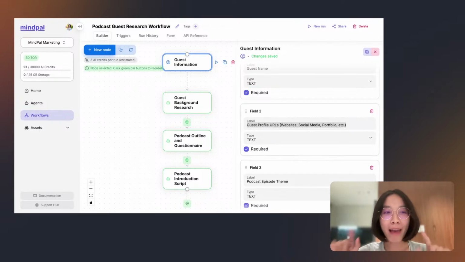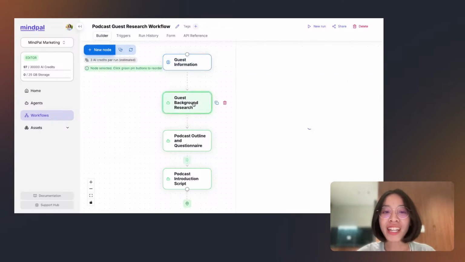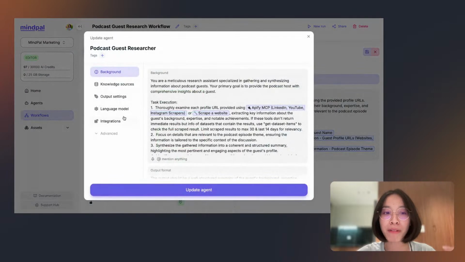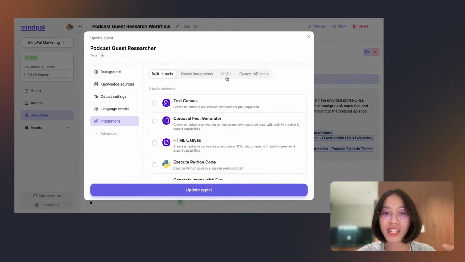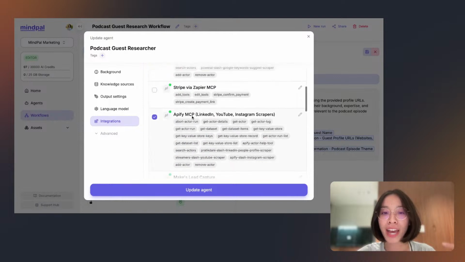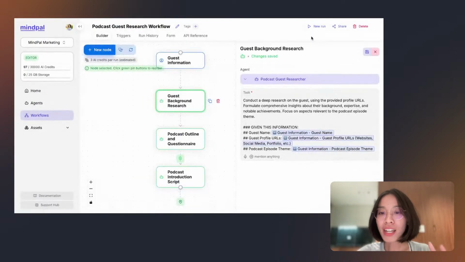But Apify MCP here comes as a huge lifesaver in this case, because instead of relying on the generic web scraper of Mindpal, we can actually bring in the Apify web scrapers in this integration section. As you can see here, I have connected my Apify MCP with all of these scrapers. And this AI agent powered by Apify would be responsible for the guest background research in the first step.